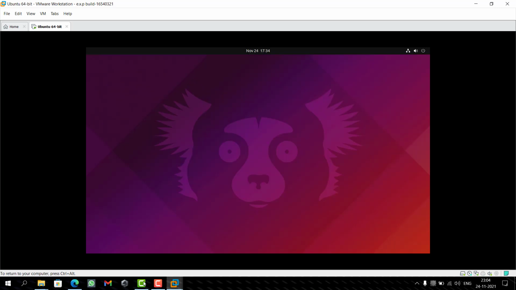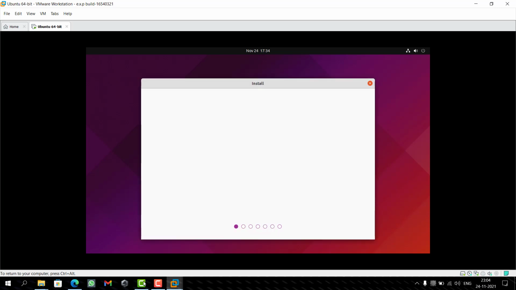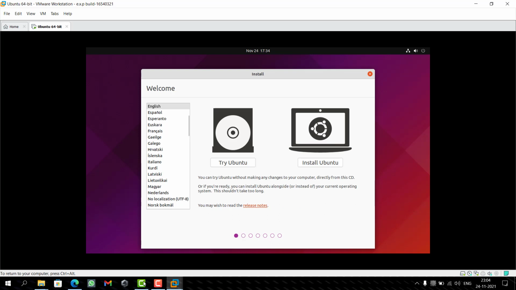Now you can see that we are in the Linux operating system. It will take some time to load, depending on how much specification you have given to it. So here we are in Ubuntu, so we will click on install Ubuntu,